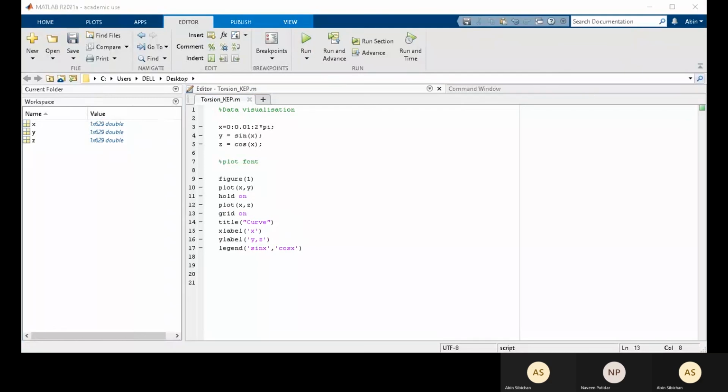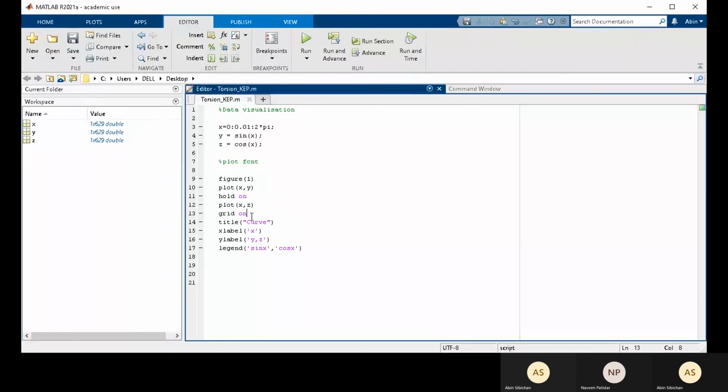Another thing we can include is, suppose we want grid lines to be on, as in graph paper, then you can simply put grid on. Yeah, so we have grid lines. Then another thing we have to take care of is to hold off, otherwise whatever graphs are plotted would be held onto this plot, and everything will be on the same page. Suppose we need two separate plots: whenever we have given hold on, after our required plots are given, we have to hold it off. So that's about it. Okay, so these are some of the points.